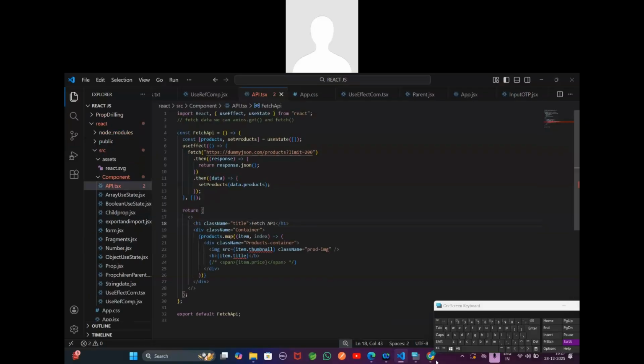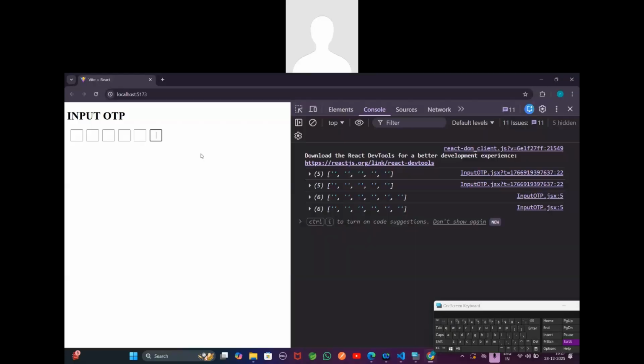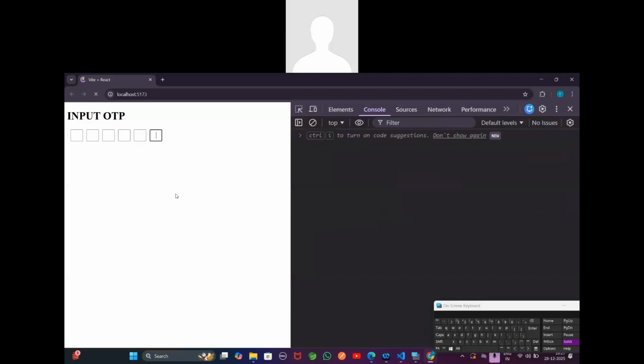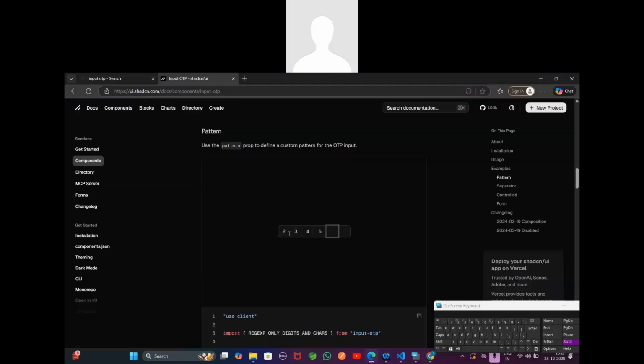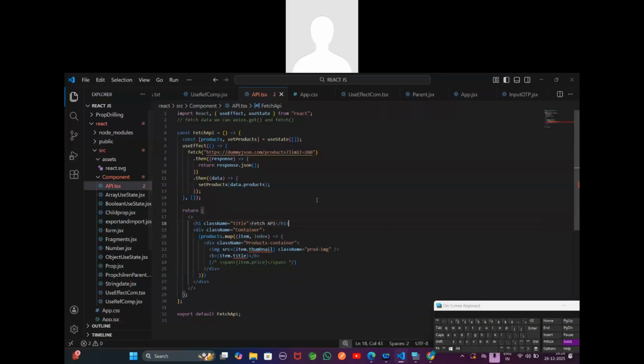Now the next task is, if you go here, see what it is doing, let me refresh it. Now if I enter value 1, automatically it is refocusing to the second box. After entering a value again, it is refocusing to the next input box. So based on the element reference, it is focusing that particular element. For that, what I need here,